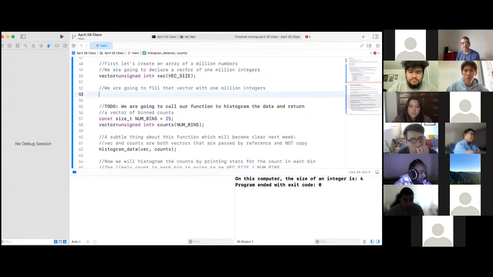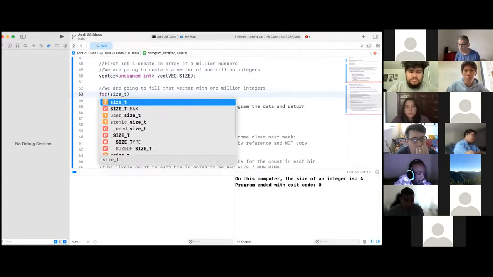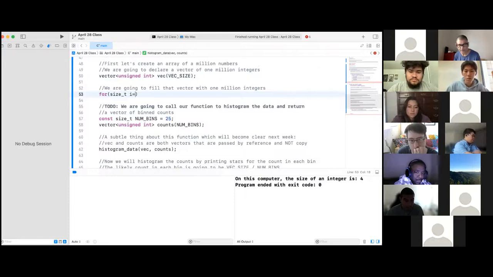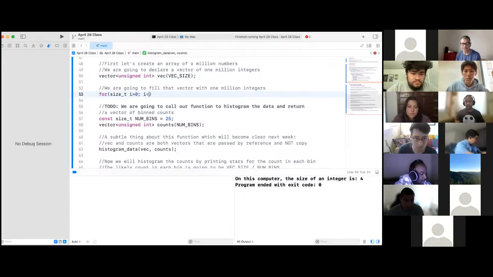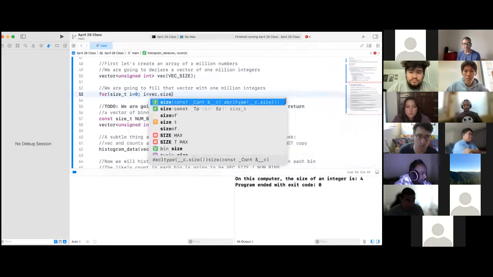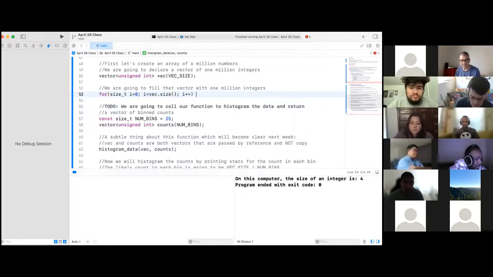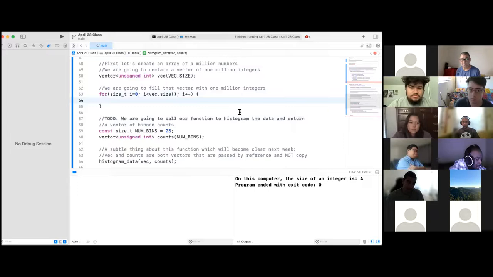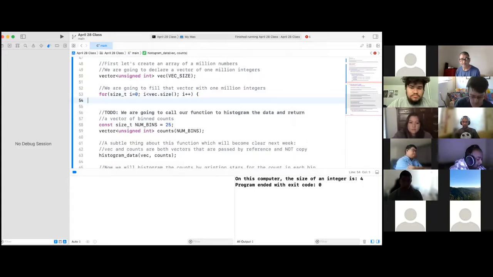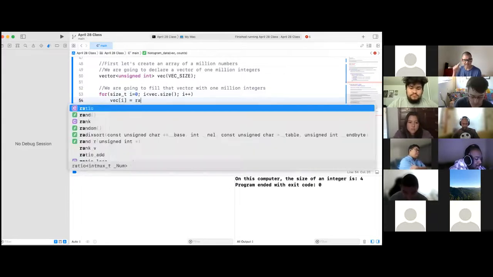So put in a for loop there, and it loops over all of the elements in the vector. So for size_t i equals 0, i less than vector dot size, i plus plus. You don't even need braces because it's just going to be one line. On the next line, just say vec square bracket i equals. We can call rand, our friend. Rand open close